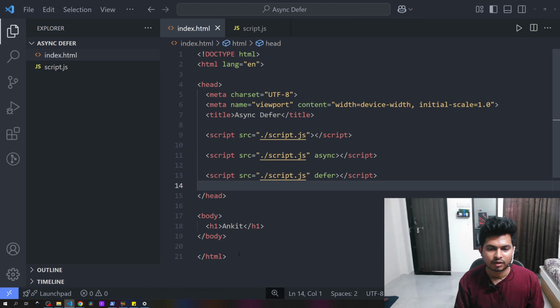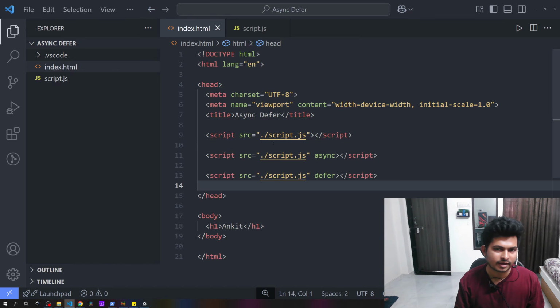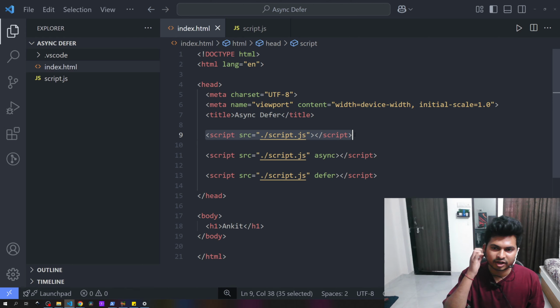Whenever I run this in the browser, it will identify this index.html as a web document, and it will start parsing this HTML document. At that time it will encounter this script tag, then it will pause the HTML parsing.